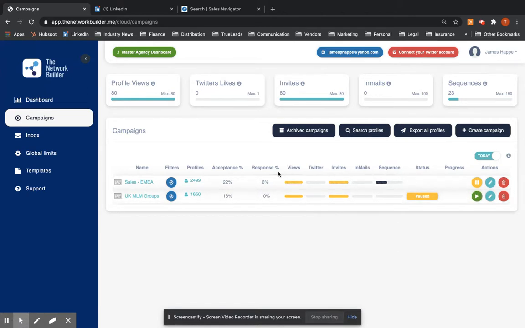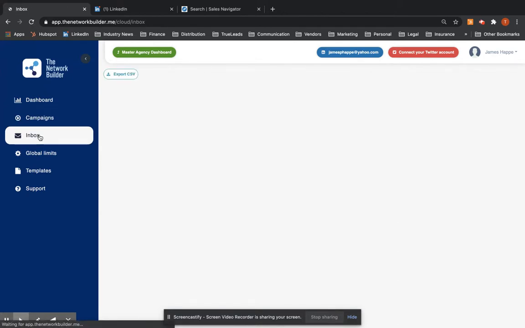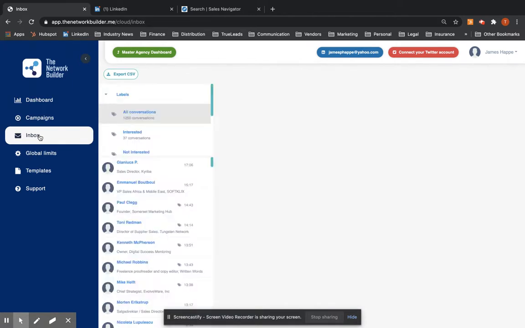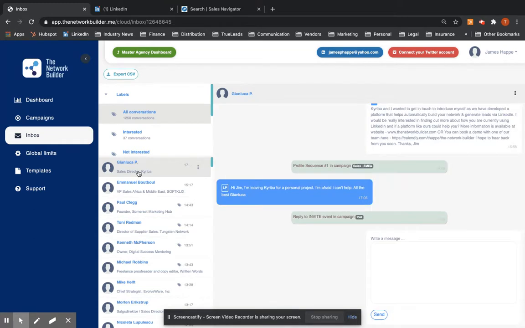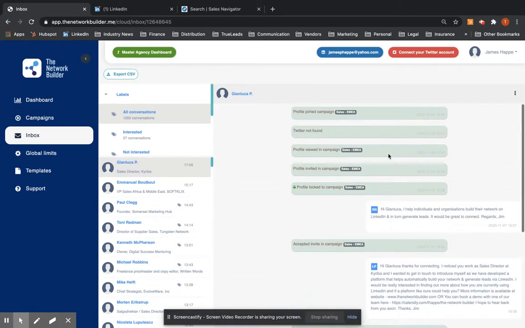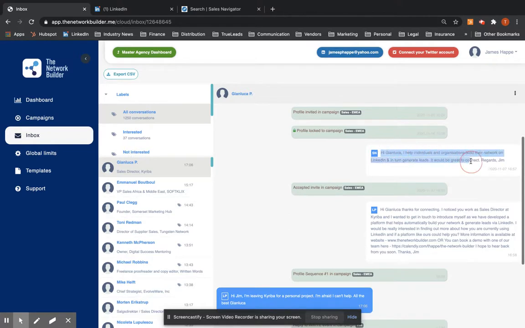Now all you need to do is review your inbox for your incoming messages and responses. The inbox is very, very clever. It will pull in all your messages from LinkedIn and Sales Navigator, so you don't have to look in various places to find these messages. Then what you can do is view the sequence of messaging that has been sent and see exactly when the